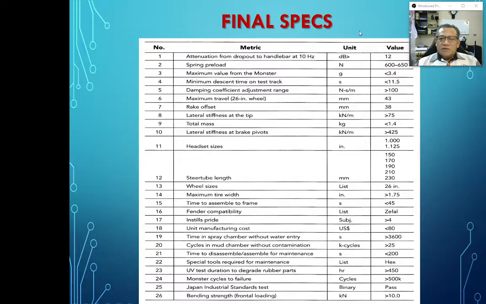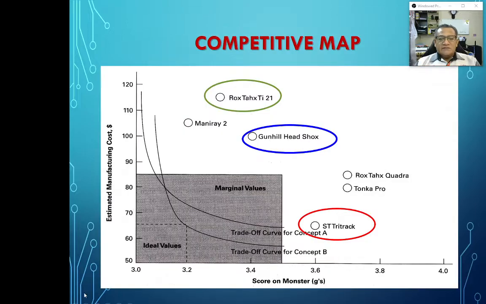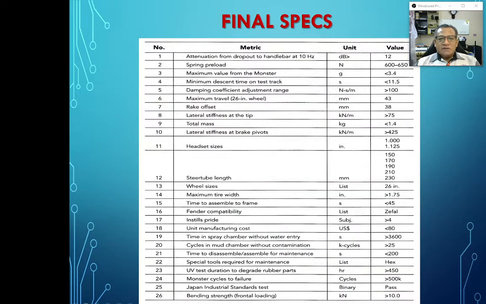So this could be your final spec after benchmarking between the ideal values and the upper spec of the 5 brands of mountain bike available in the market, and you could settle with the marginal values, for example, within this range, right? Okay, so that is your final spec summation of your newly proposed mountain bike